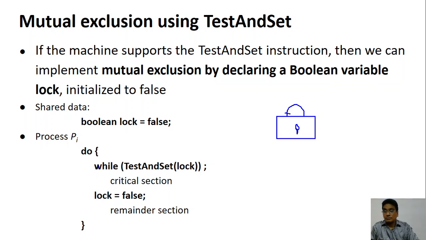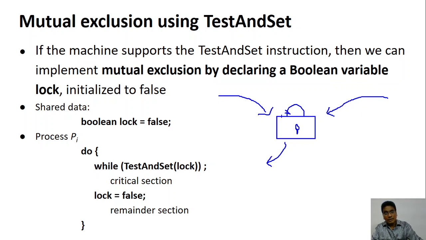So you go here, test and set the lock. You go and others may also enter. But the condition for the test and set is that only one of them will be able to set it. Others have to wait. Simple as that. Suppose you are the luckiest one, you go, you set the value, and others will wait. Once you come out, you will unlock it, then allow the others to go.